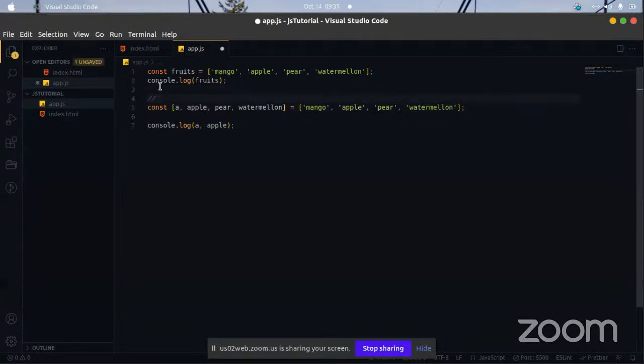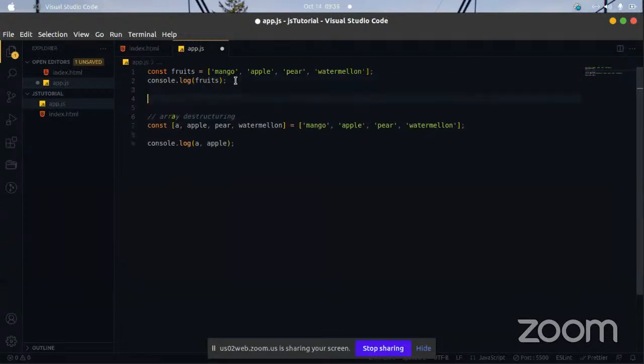I said this is array destructuring. So this is more like saying this is a better way of writing this.